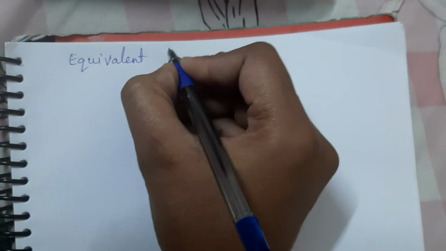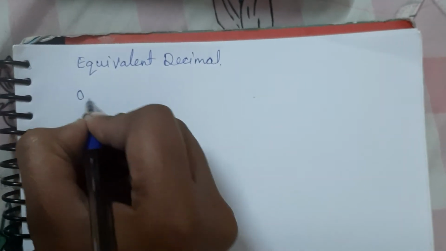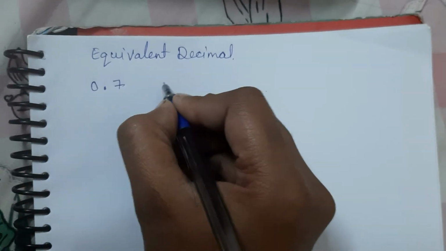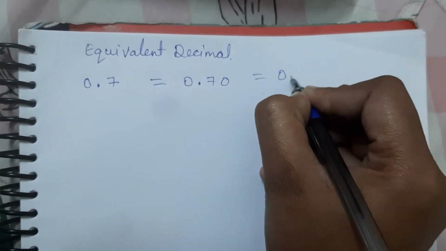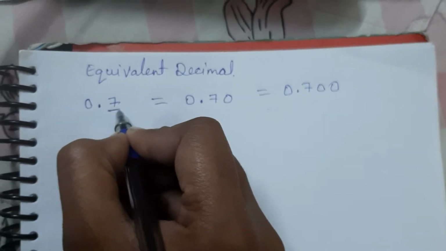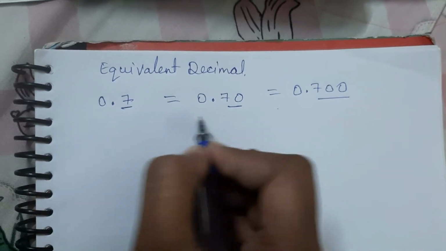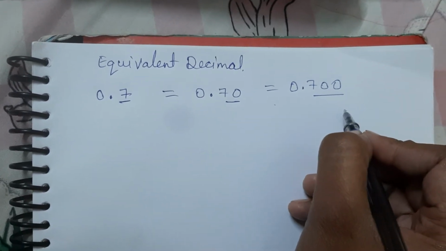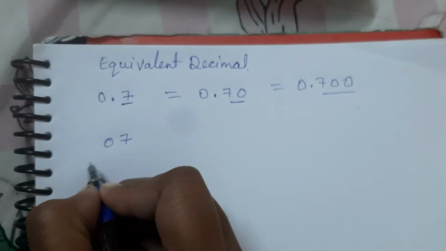First, before going through our exercise, you have to clear your topic, what you have to learn in your exercise, equivalent decimal. What is equivalent decimal? If we look here at 0.7, then these are equal: 0.70, and here is also 0.700. How many decimal places are there? 1 here, here is a 2, and here is a 3. So these should be equal. Here is no difference. If you put a 0 in front of the digit, it should be a difference.